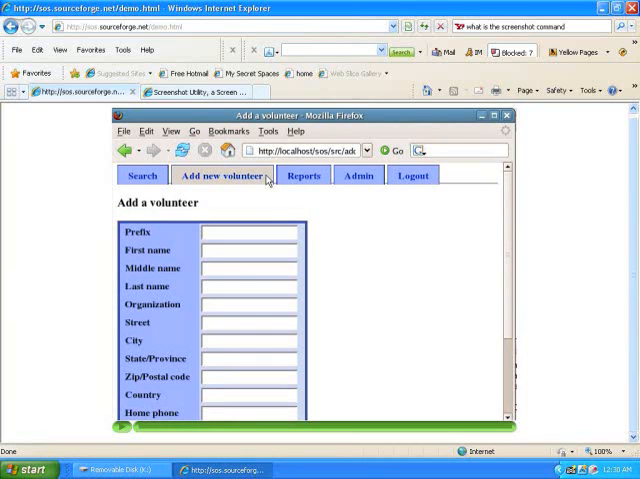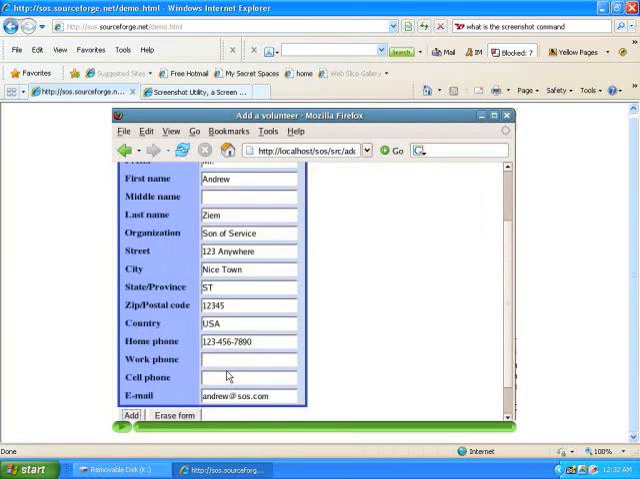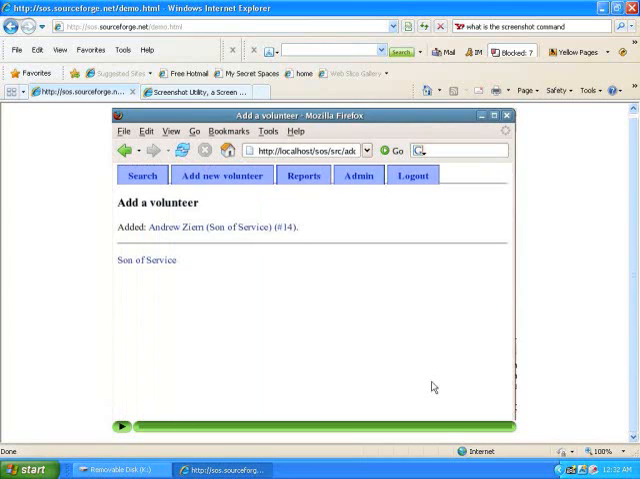At the home screen, we will then select Add New Volunteer. After filling in all the information, including email address, we will then select Add. Now this will bring you to the next screen and you will see that you have successfully added a new volunteer. Great! Now let's go to the volunteer's record. Normally you would just click the name Andrew to go see the new record, but let's see how the search